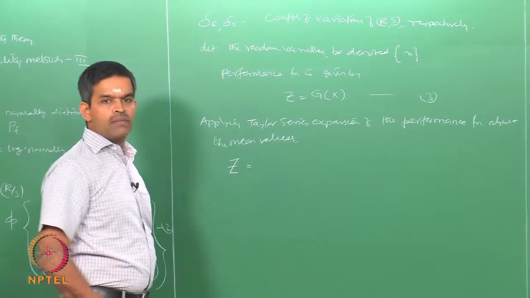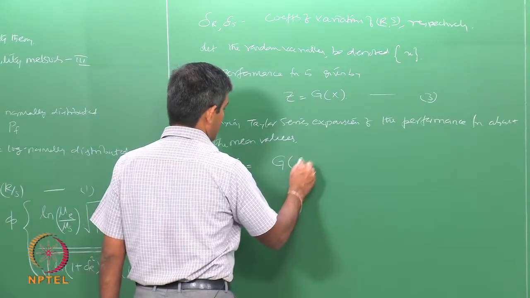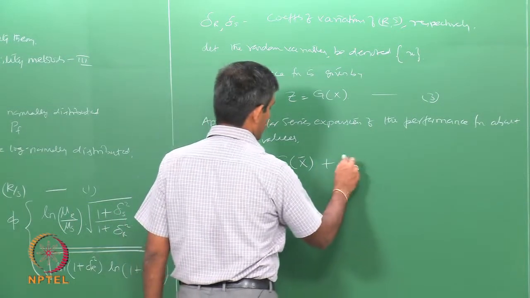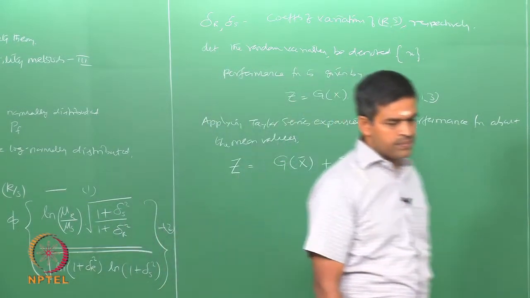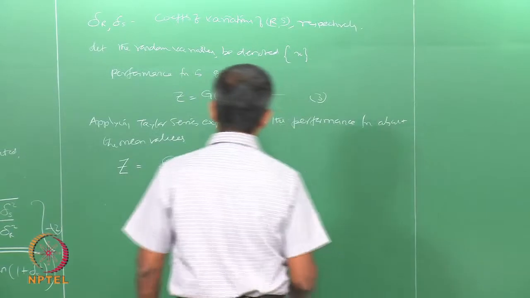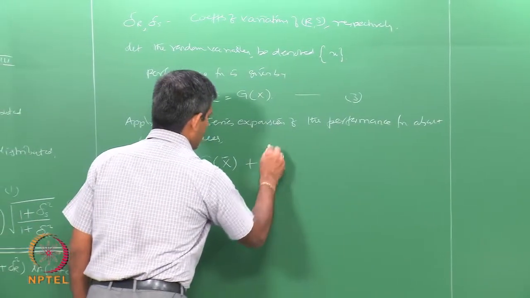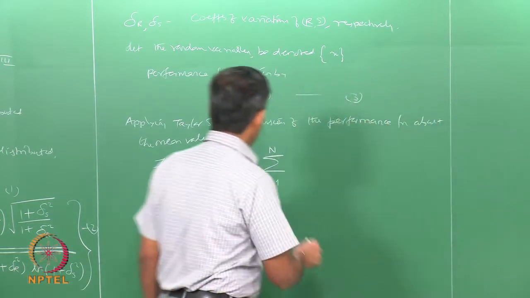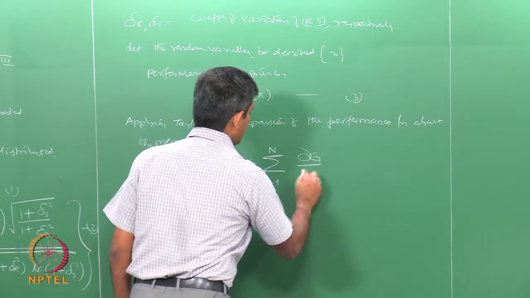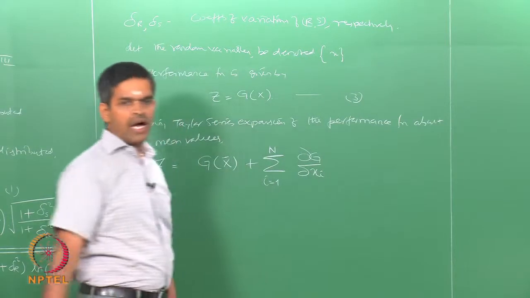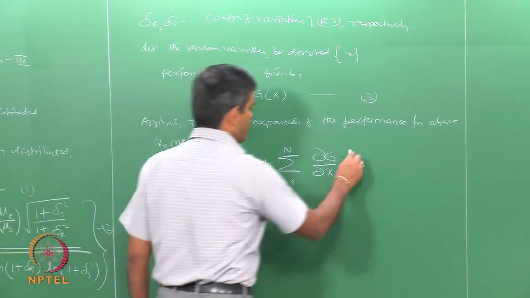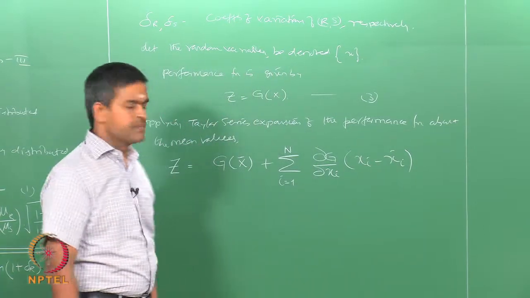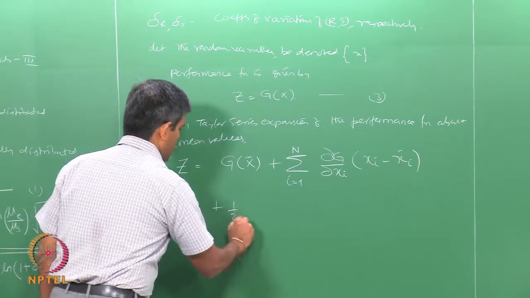Z will now become, let us say, g of x bar, where x bar is the mean, plus summation of i equals 1 to n partial derivative of g with respect to the ith variable times xi minus x bar i, plus half